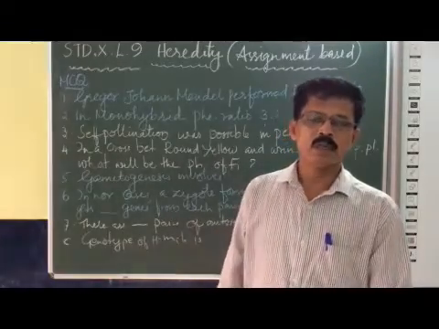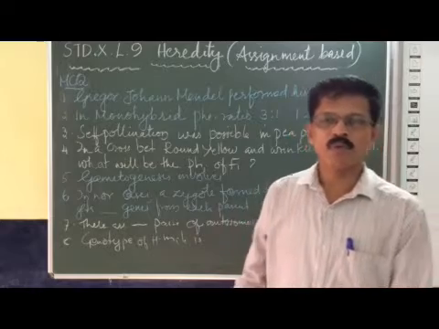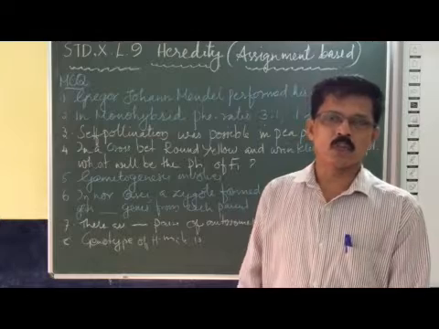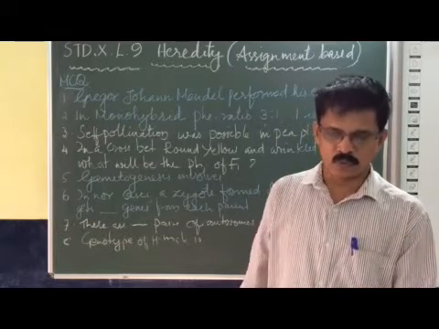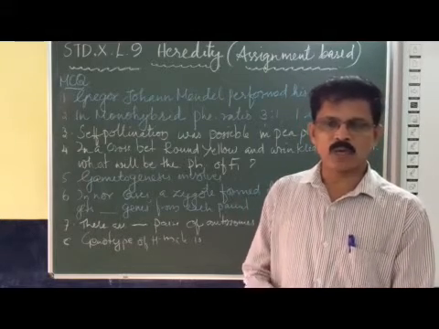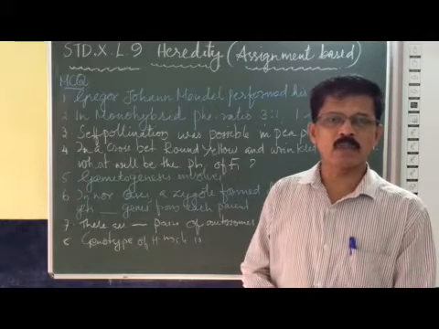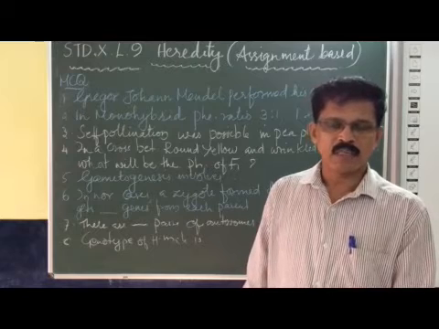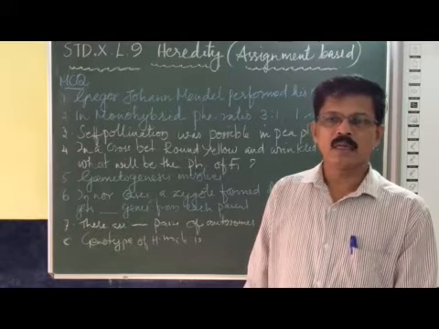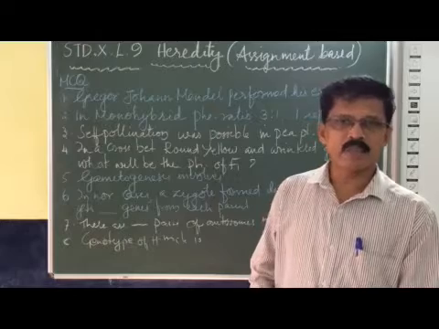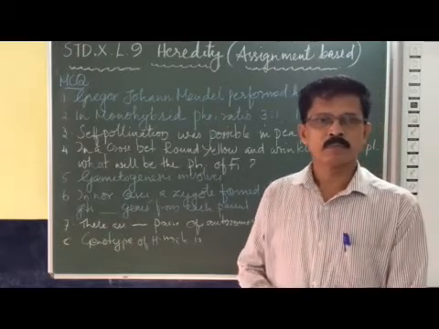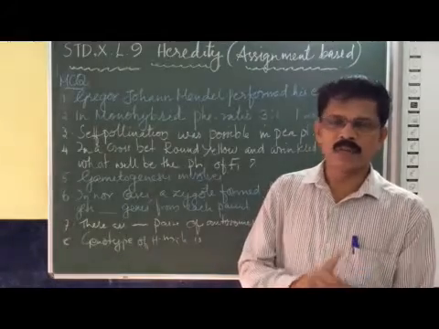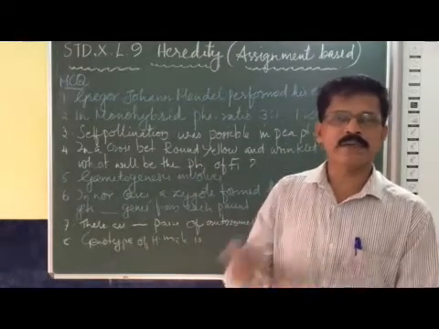So these 2 experiments should be completed before the end of this November. Okay, before the end of this November, 1 month time is allowed for this. So we have to start writing physics, chemistry and biology practical experiments. You already have the practical journal, okay, and a record on which you will be writing it after dividing the record into 3 sections. You clearly got it? Yes. If any doubt you have, you can ask me in the next live class.